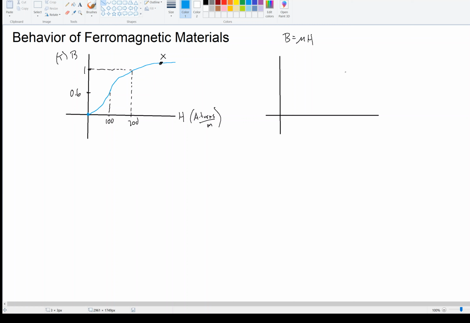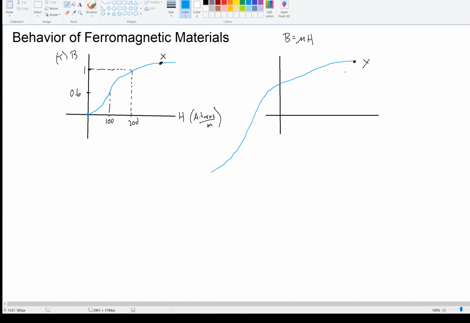When you decrease from X, you decrease the magnetomotive force, you'll go through a curve like this,